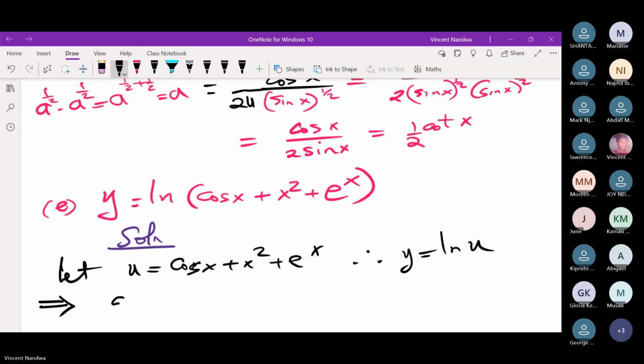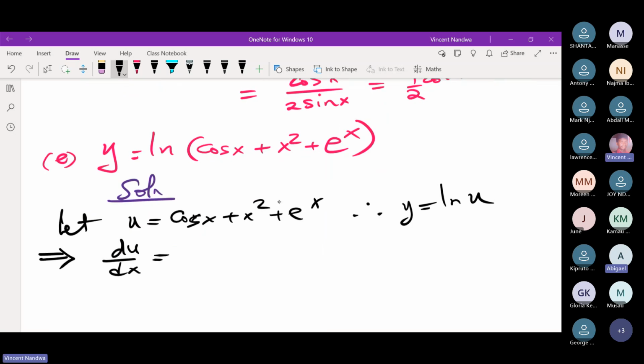So du dx in this case will be negative sine x plus 2x plus e power x. And dy du